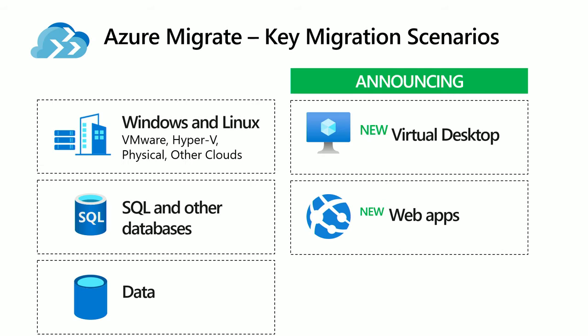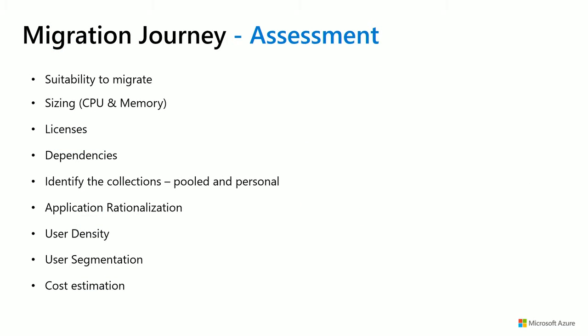And like we saw in the migration journey, the first step for our migration is to do an assessment of our on-prem assets. When it comes to virtual desktop assessment, there are a few considerations that you should always make before you start migrating them to WVD. The first one is about suitability analysis. This is super important because there are OS constraints in Azure, so you really need to assess your on-prem virtual desktops and understand whether the operating systems running on your desktops are compatible with Azure.